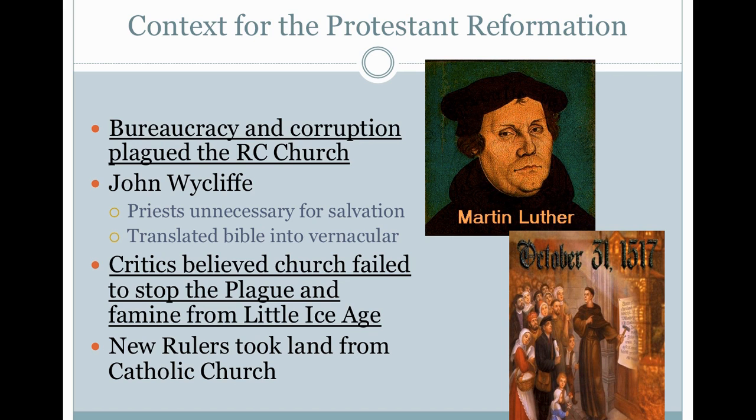So before we have this religious turning point, you have to understand what's happening. Throughout those middle periods in Europe, there was a lot of corruption in the Catholic Church, a lot of bureaucracy. In a sense, the priests and the Pope became a little bit too materialistic and a little too corrupt. And there were people in the church that were critical of these behaviors.